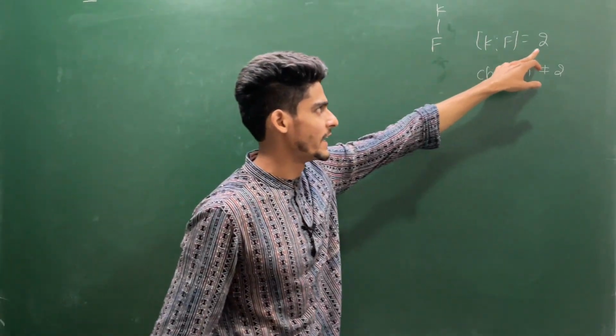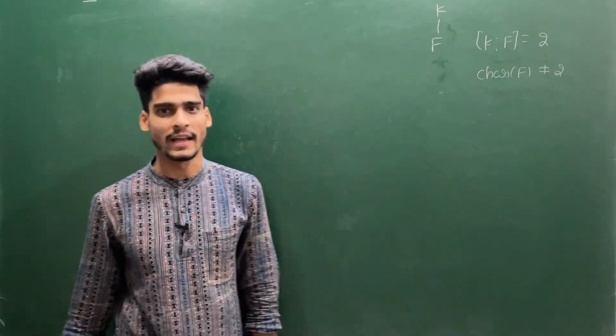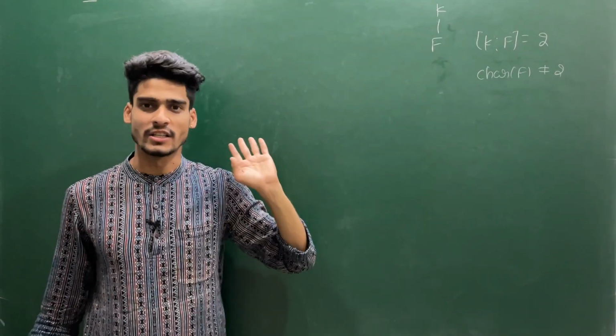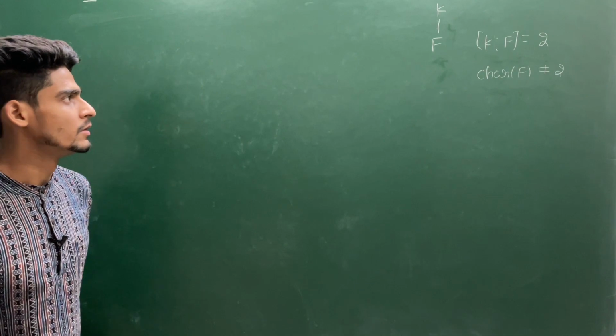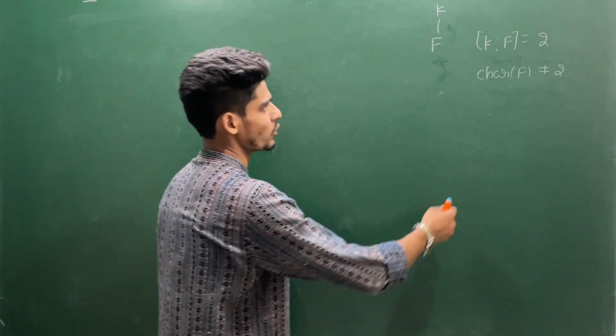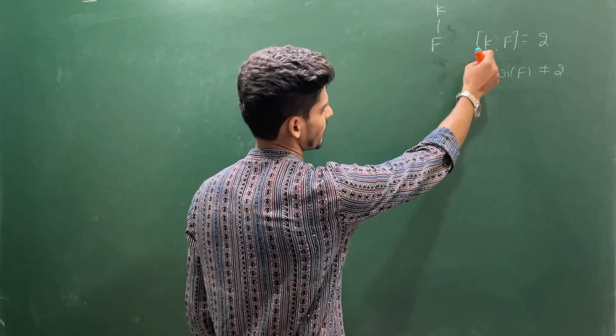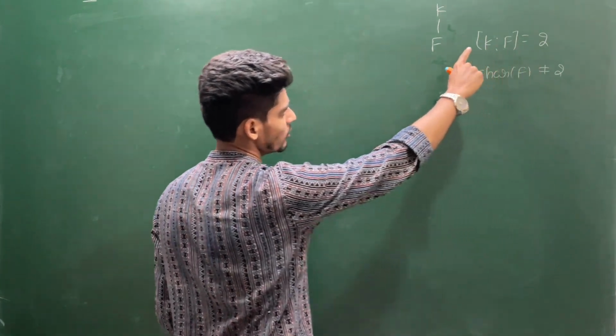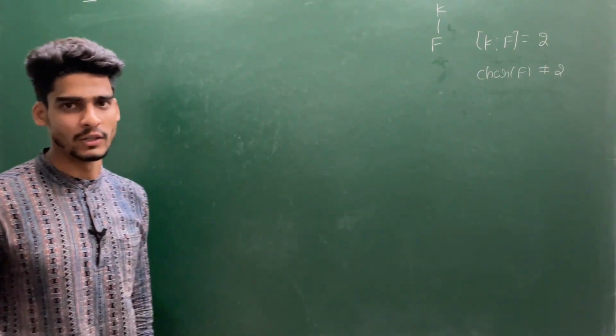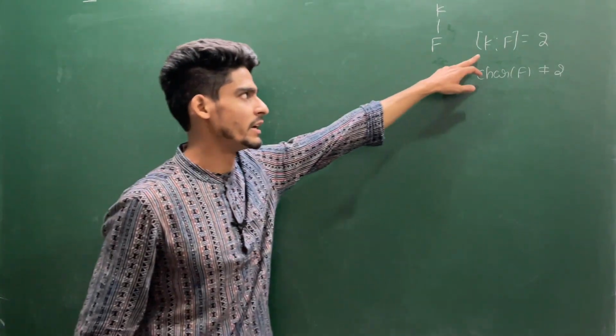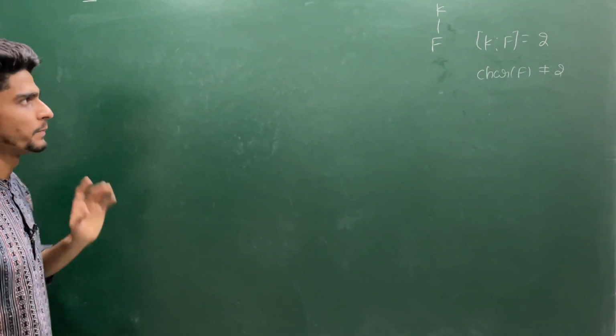Clearly this is a finite extension, so it has to be algebraic extension because every finite extension is algebraic, that we have already proved. So we are looking for a particular type, for a fixed extension of degree 2 which covers all the extension of degree 2. So what can you say about this K? How this K will look like?